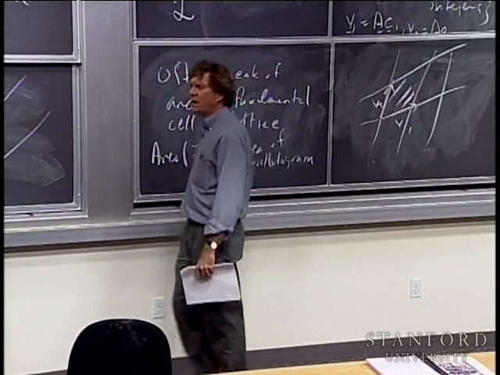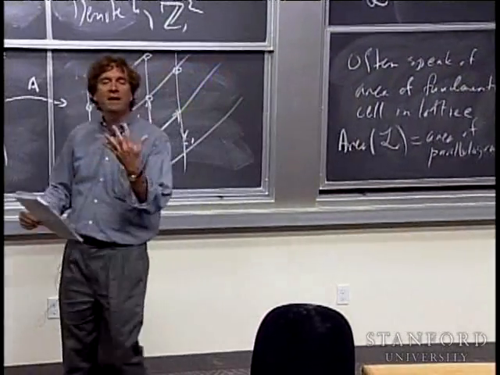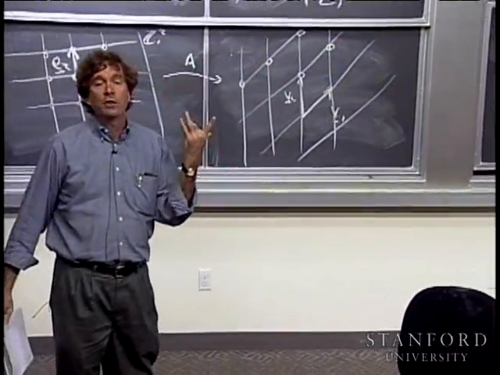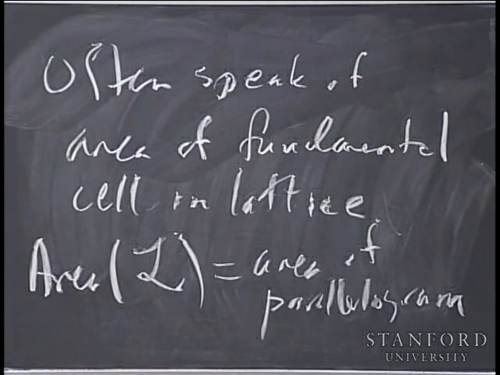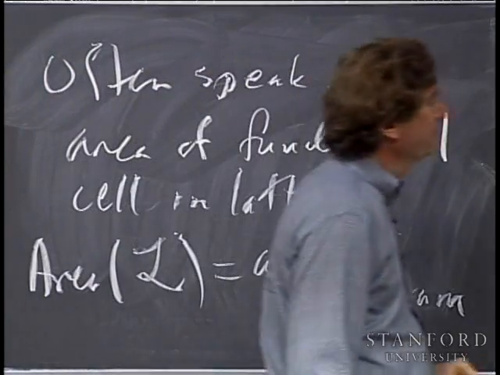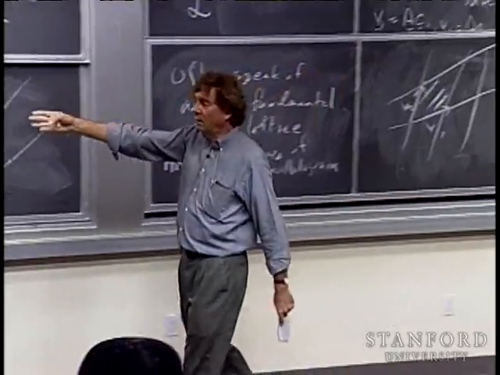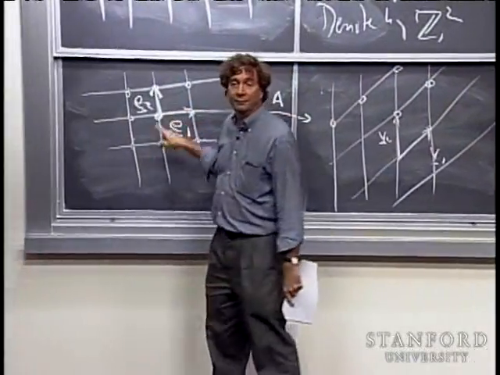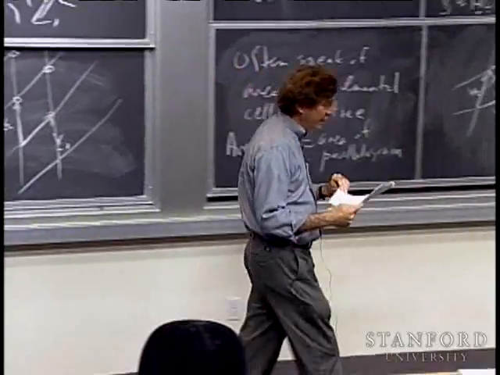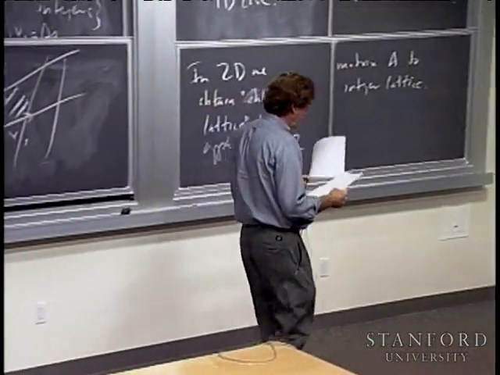All right, and the reason why crystallographers think about that is because they think of that as a fundamental cell or fundamental building block for the rest of the crystal. That region in space is the fundamental building block for the rest of the crystal, and the question is, how big is that? So they talk about the volume of the fundamental cell. Everything in crystallography, of course, is really in 3 dimensions. I'm only doing things in 2 dimensions, so I'm talking about the area in terms of volume, but that's what they do. They talk in those terms. All right, so the area of the integer lattice is 1, because each one of these basis vectors is length 1, and they're perpendicular. The area of that square is just 1. All right, now,